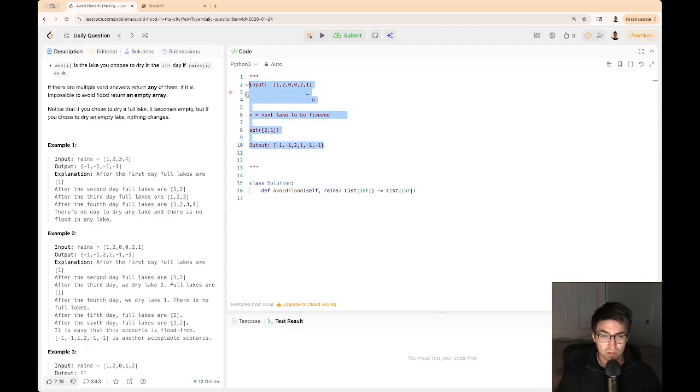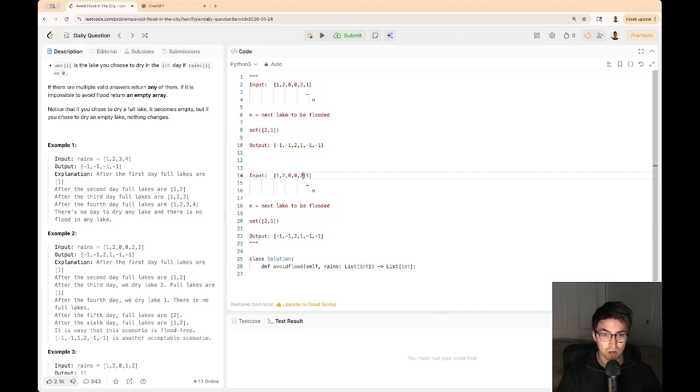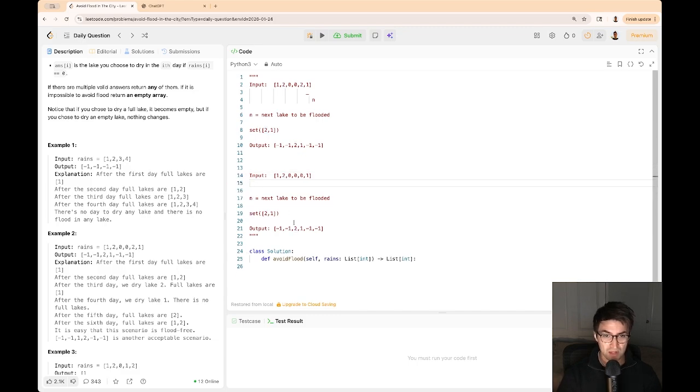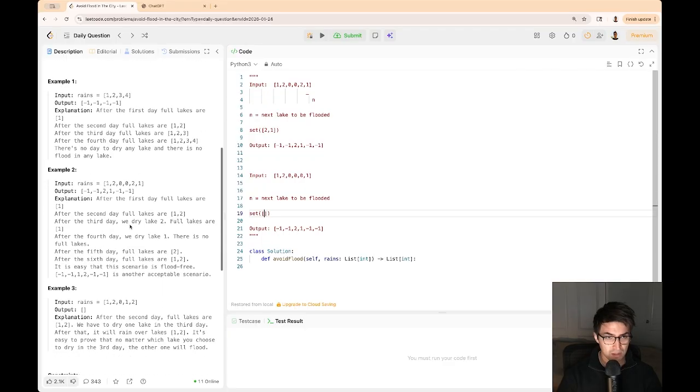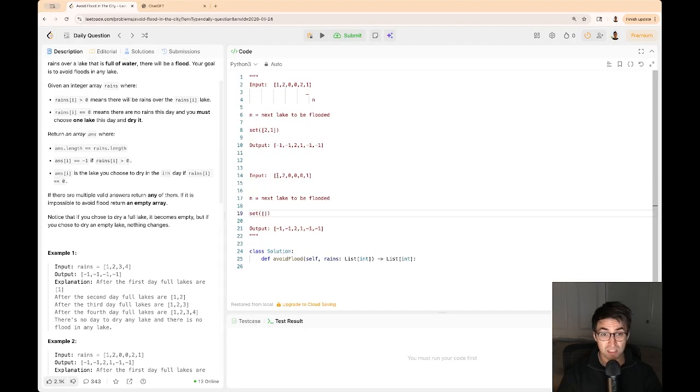So this implementation I kind of have a good idea on, but let's think of an edge case where we have a 0, for example, and then we flood lake 1, we flood lake 2, we can dry lake 1, dry lake 2, and then we have a 0 though. So must we, I don't know why I'm saying must we, like I'm in 17th century Britain,